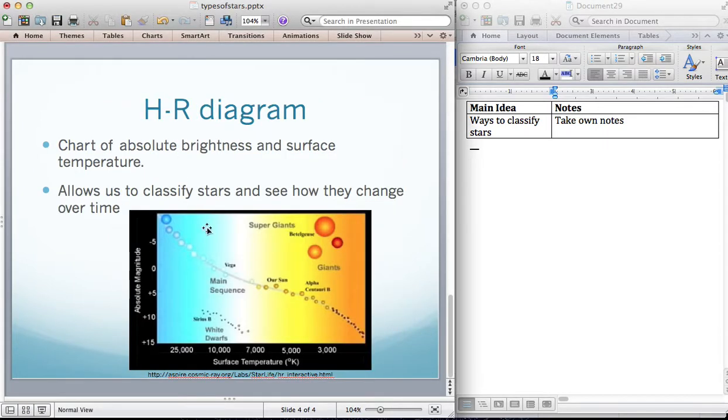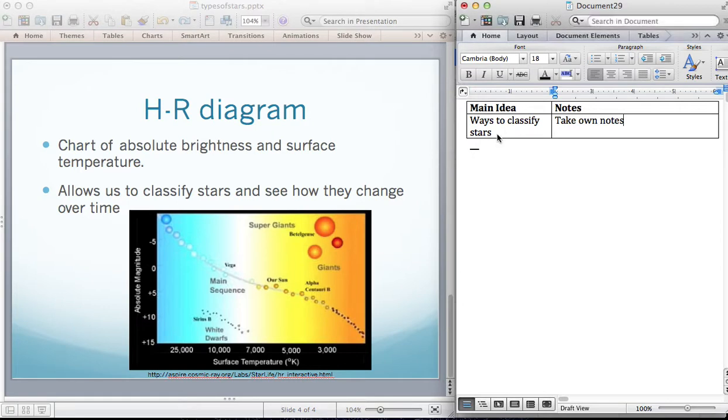Lastly, we classify stars on this diagram that we call an HR diagram, which stands for Hertzsprung-Russell diagram. These are two astronomers who came up with this chart. They realized that when they graphed the stars' temperature and their brightness or magnitude, the stars tended to form a pattern. An HR diagram is a chart of absolute brightness on the x-axis and surface temperature